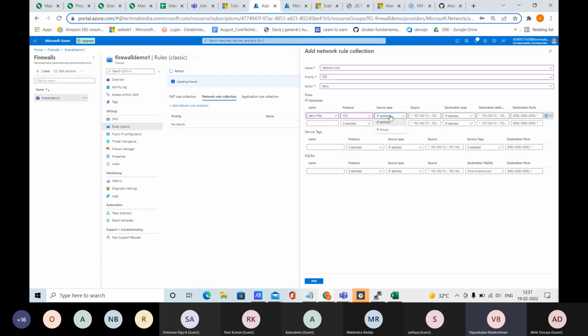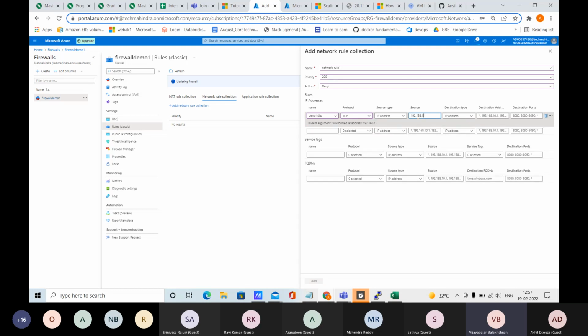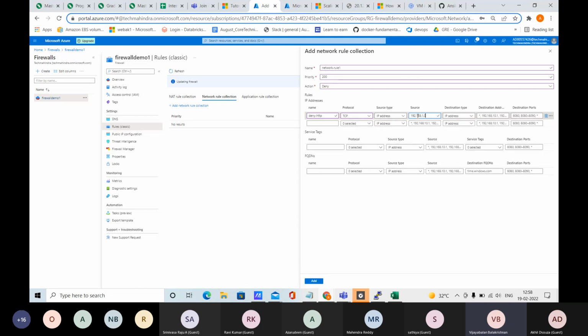This is why I asked you to create an Excel sheet. So you give some IP address 192.168, either network or subnet level or some wildcard with network range. And the destination port is going to be 80. So just add it.